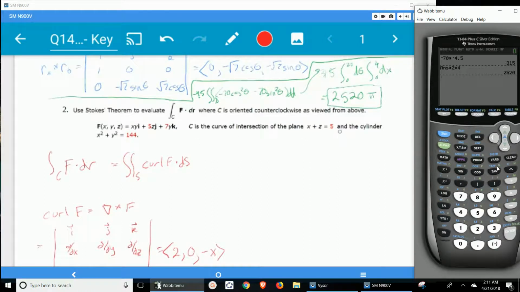Well, this thing here's a vertical cylinder, right? It hits this plane, it's going to hit it in an oval shape, but when you project it down, it'll just go straight down into the xy plane as a circle of radius 12. So that's what the domain would be. The radius would go 0 to 12 and theta would go 0 to 2 pi. And then there's a formula that